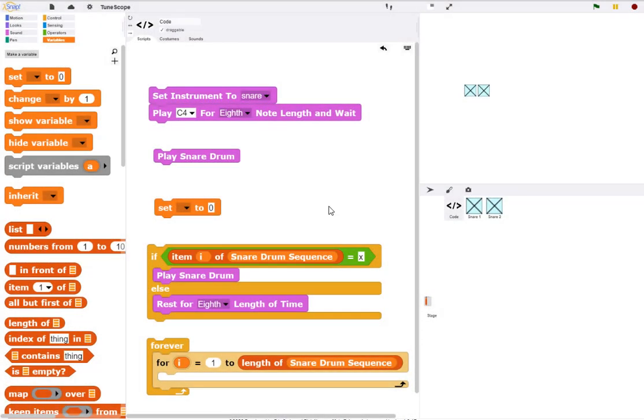In the previous video, we constructed the interface for the drum sequencer. So the checkbox will indicate whether or not the drum plays. Now we have to construct the code that is the actual sequencer. We can create a snare drum hit just by sending the instrument to the snare instrument and then playing it